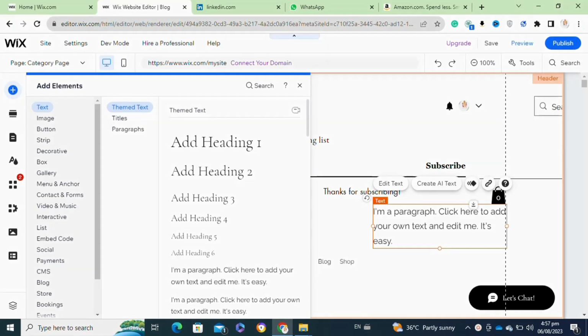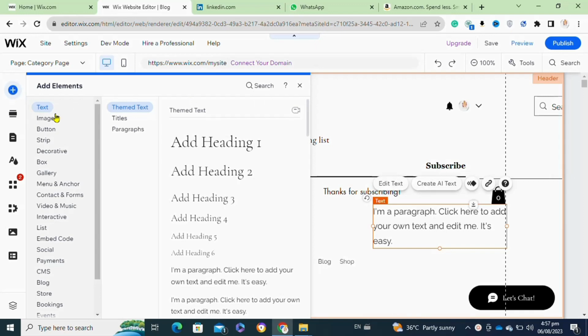So here's how to add anchor link on your Wix website. It's actually quite easy to do, so make sure you watch to the very end so you don't skip any important steps. For this, first you will need to log into your Wix account. Once you are logged into your Wix website account, now here you have to go to the dashboard or editor